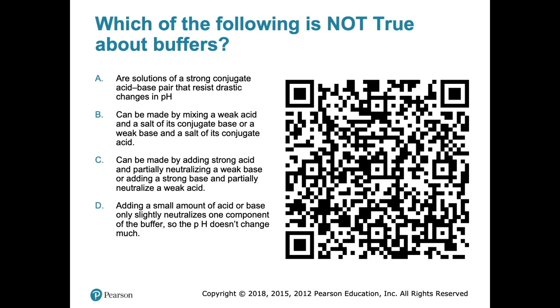Which of the following is not true about buffers? They are strong solutions. They are solutions of a strong conjugate acid-base pair that resist drastic changes in pH. That seems reasonable. They can be made by mixing a weak acid and a salt of its conjugate base, or a weak base and a salt of its conjugate acid. It can be made by adding a strong acid and partially neutralizing the weak base, or adding a strong base and partially neutralizing a weak acid, or